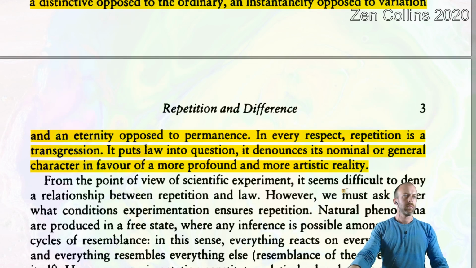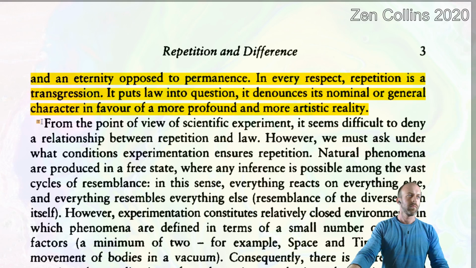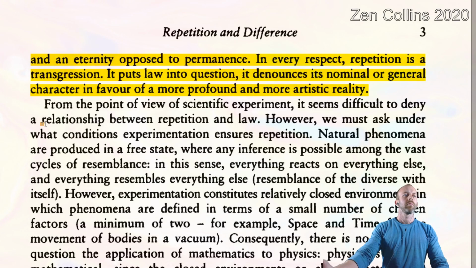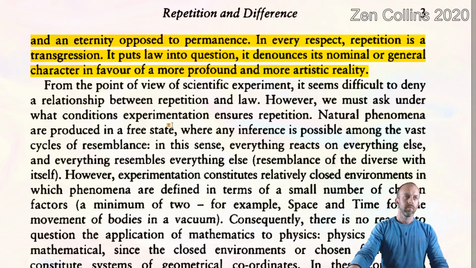From the point of view of scientific experiment, it seems difficult to deny a relationship between repetition and law. However, we must ask under what conditions experimentation ensures repetition. Natural phenomena are produced in a free state, where any inference is possible among the vast cycles of resemblance. In this sense, everything reacts on everything else, and everything resembles everything else, resemblance of the diverse with itself. However,